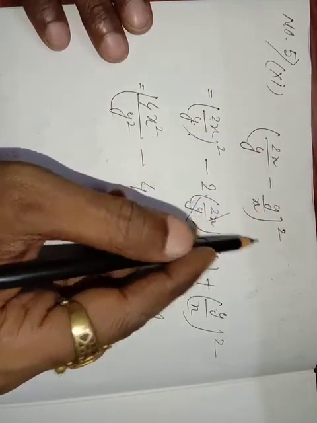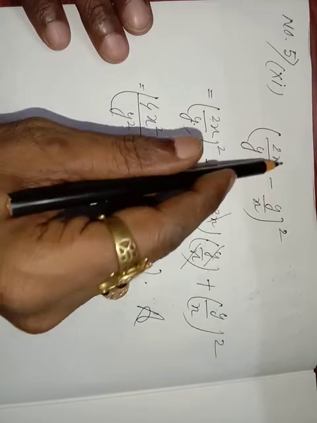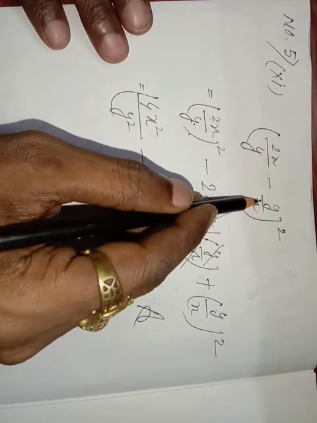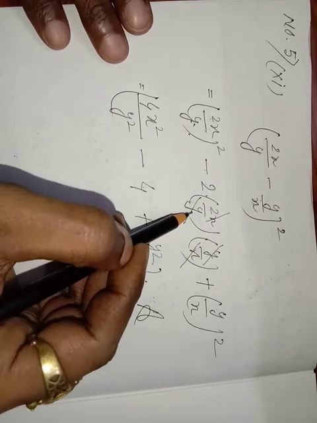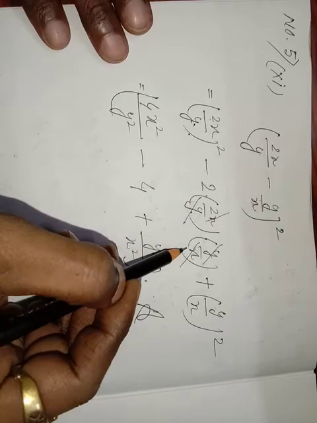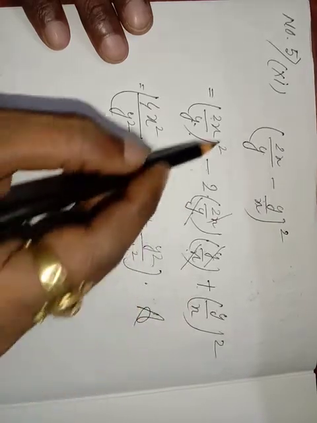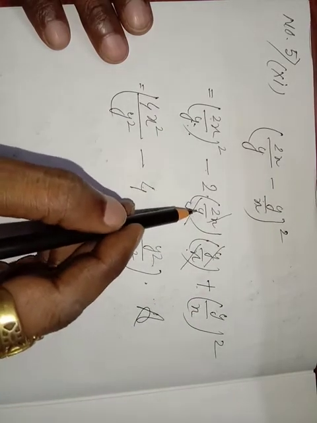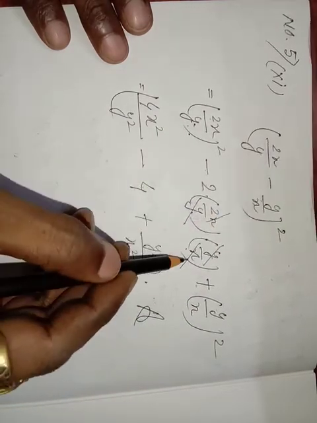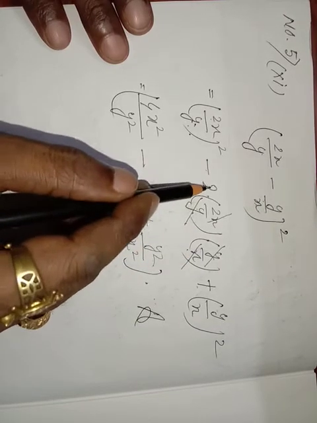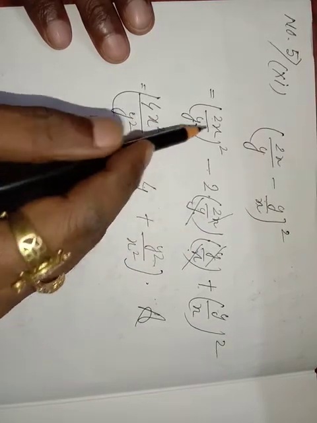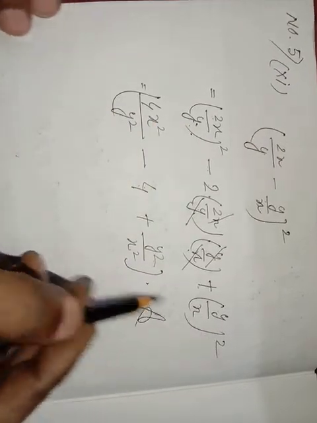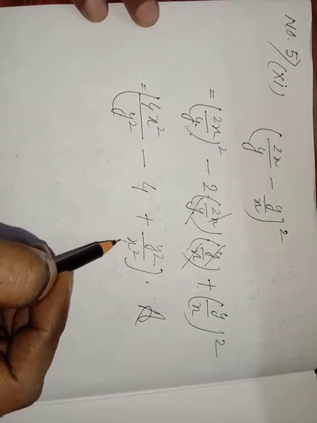Okay, I am repeating again. See, 2x by y I am taking as the first part, that is a, and y by x I am taking as the second part, that is b. The (a minus b) whole square formula is a square minus 2ab plus b square. Here a means 2x by y, and b means y by x. In the simplification, y and y cancel, x cancels. After simplification only minus 2 into 2 is left, that is 4. The first square will be 4x square by y square, and the last one is (y by x) whole square, that will be y square by x square. I hope it is clear for you.